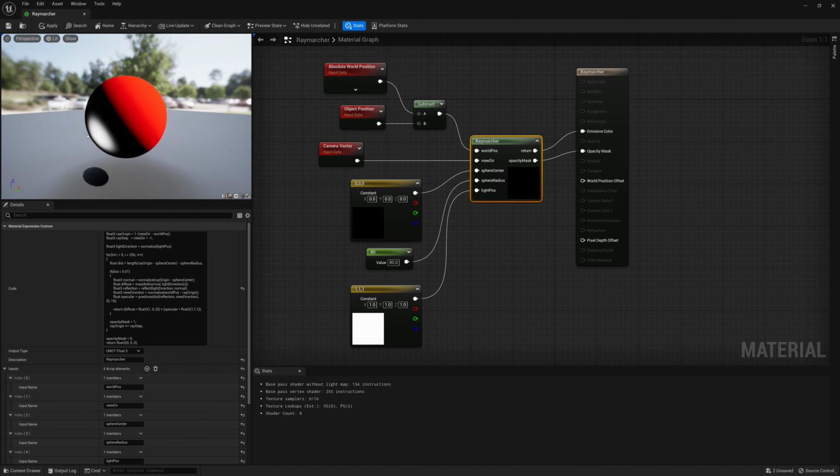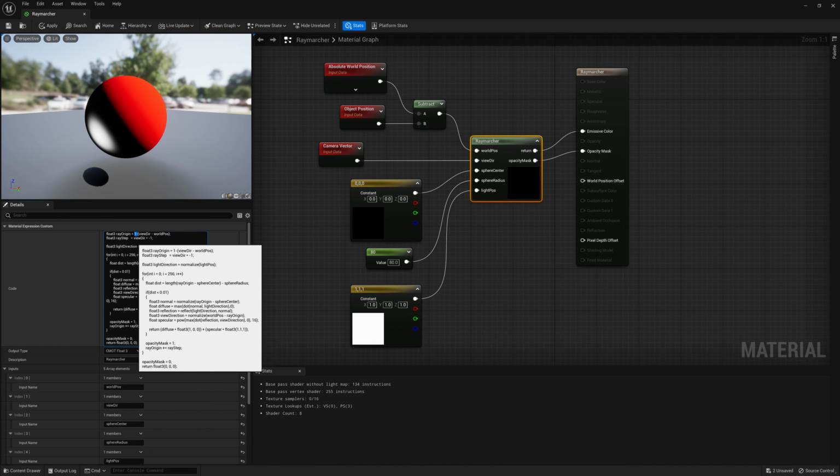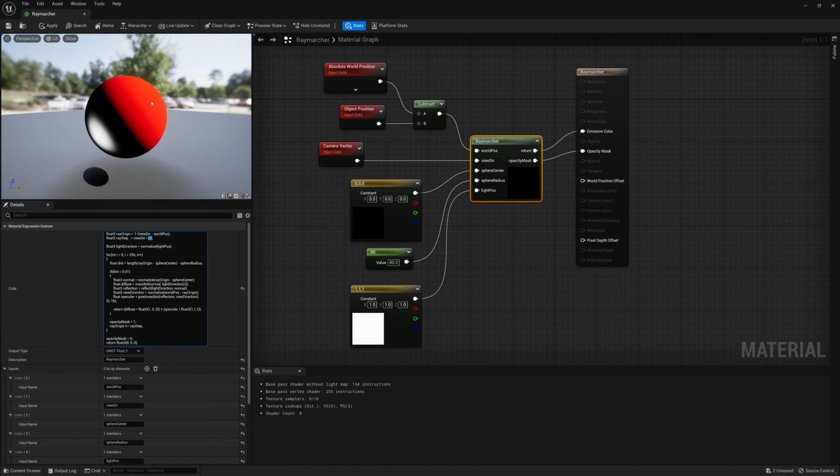Okay, something very strange happens. Our highlight is in the wrong position. Our highlight is down here and not here where it should be. And remember in the previous video how we made some adjustments to the code. For example, we inverted the ray origin, multiplied the ray step by -1 to properly get our light and our sphere center